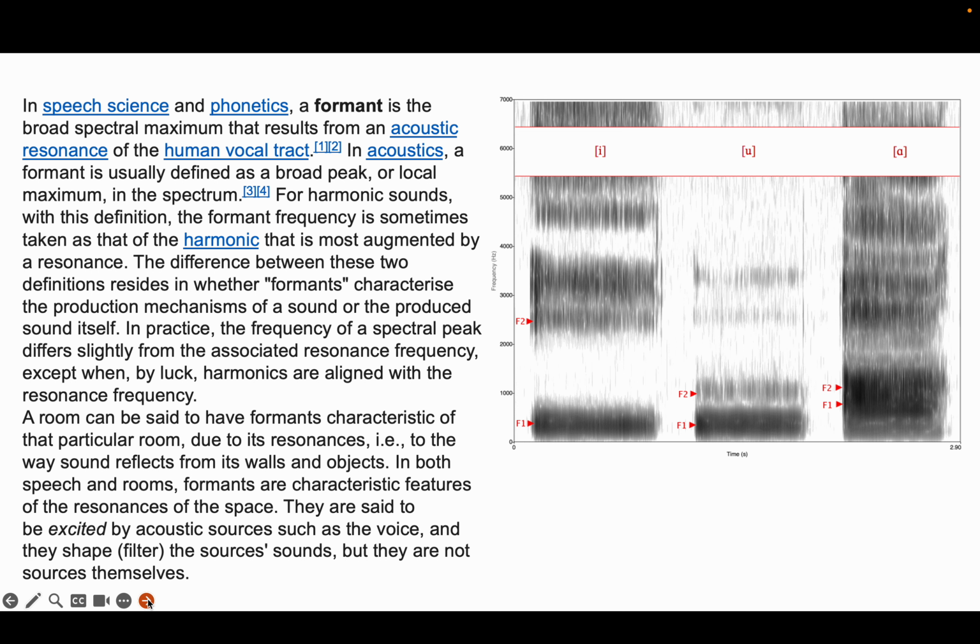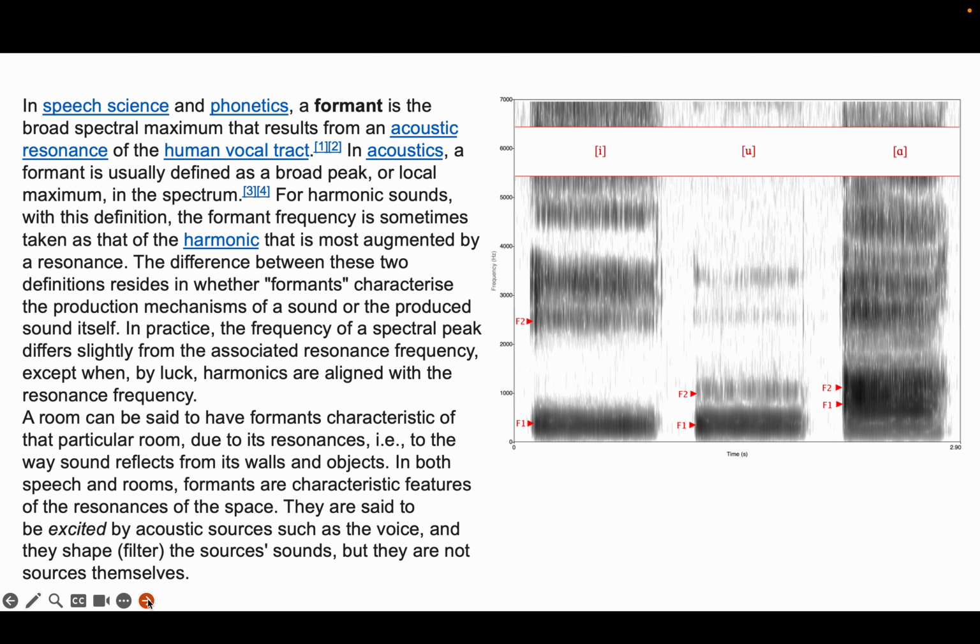So in speech science and phonetics, a formant is this broad spectral maximum that results from an acoustic resonance of the human vocal tract. So in other words, this is what's happening with everything except your vocal cords. In acoustics, a formant is usually defined as a broad peak or a local maximum in the spectrum. For harmonic sounds, this formant frequency is sometimes taken as that of the harmonic that is most augmented by a resonance. So the difference between these two definitions resides in whether formants characterize the production mechanisms of a sound or